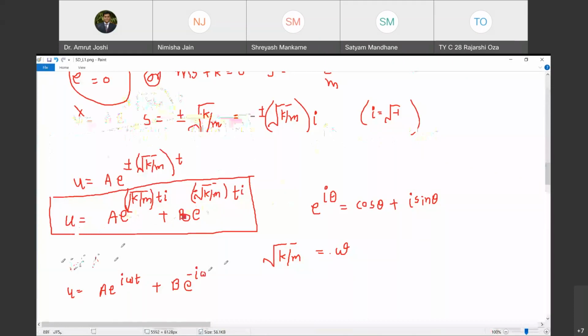Saksham, are you there? Can you unmute yourself? Please keep yourself unmuted. Satyam, can you? Yes, sir. Yeah, please keep yourself unmuted. Don't waste too much time. I'm just asking whether you disconnected or not. We are wasting a lot of time.